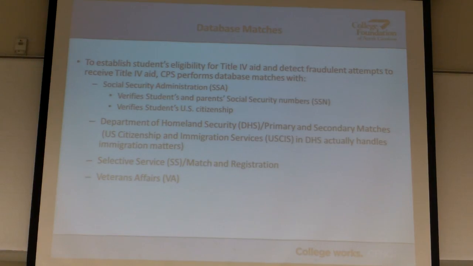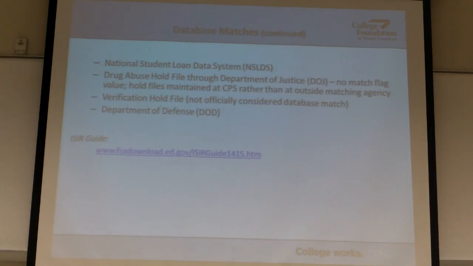For non-citizens, the Department of Homeland Security double checks their eligibility status. Actually, there's a special division of the Department of Homeland Security, USCIS, or Citizenship and Immigration Services, to determine eligible non-citizen status. There's a Selective Service database match to make sure the student has fulfilled that requirement or not. There's a VA match to determine whether or not the student is actually a veteran. There is the National Student Loan Data System, NSLDS,